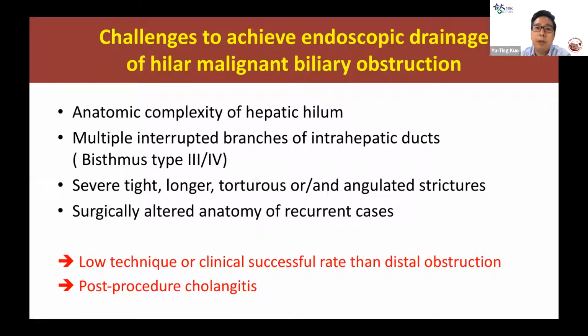So if you want to place endoscopic drainage in hilar malignant biliary obstruction, I think it's very challenging because the anatomy there is very complicated, and you will see many interrupted branches while you inject the contrast, and sometimes you will encounter very tight strictures, and sometimes after surgery the anatomy will change. So I think that compared to distal biliary obstruction, hilar obstruction is more complicated, and sometimes the technique and